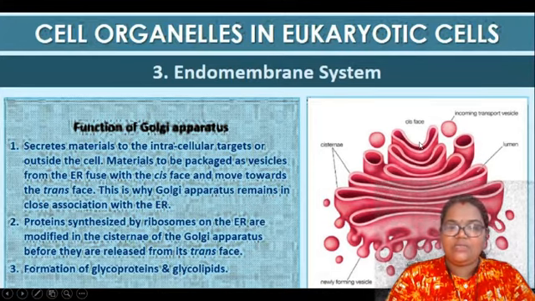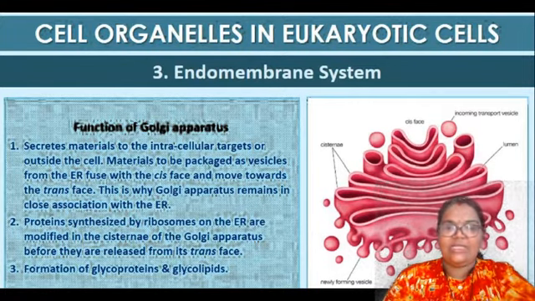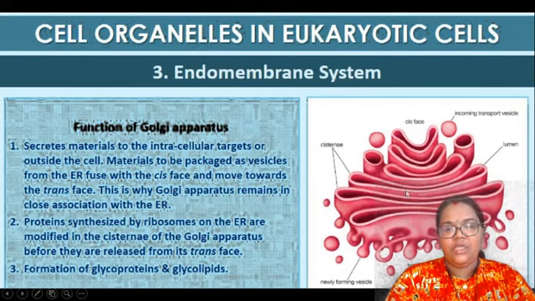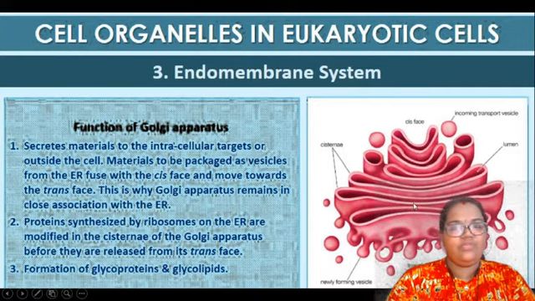So proteins synthesized by the ribosomes on the ER are modified in the cisternae. That's why these stacks are there. You can see that this phase is attached to the ER. The ER, whether SER or RER, according to the protein and lipid, will be connected here, and it will be given to the cis phase, which is the forming phase. It will move through the cisternae. When it is moving through, there will be modification.